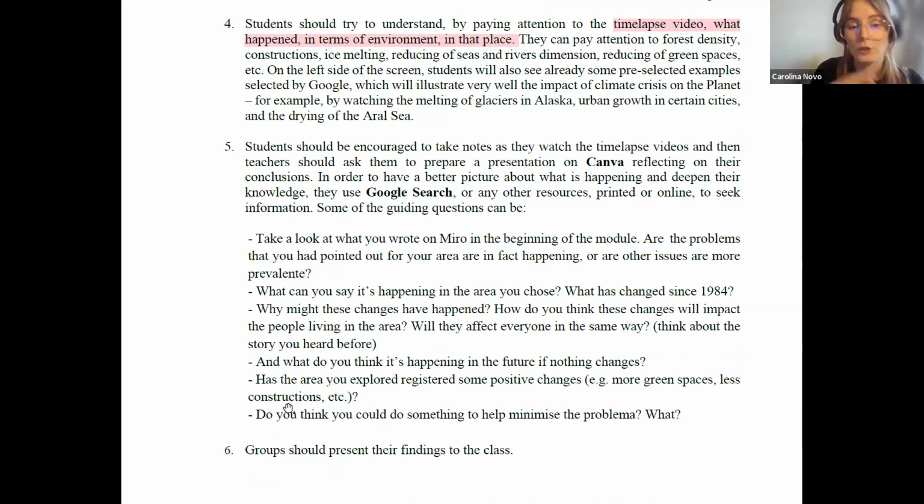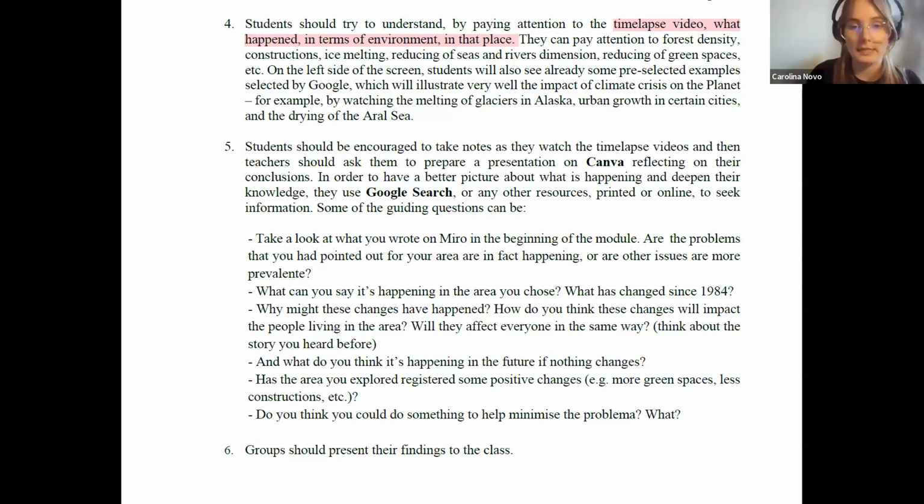So you have here some guiding questions that they can try to answer and make a presentation for other students to see, because the idea is that they are divided in groups and they explore a different place, as I said.